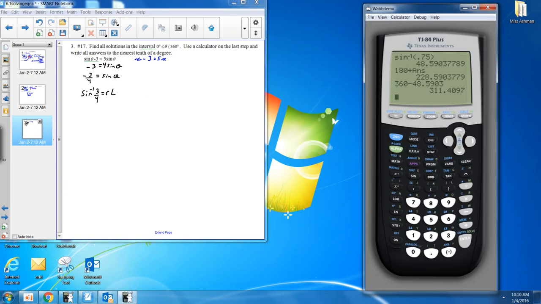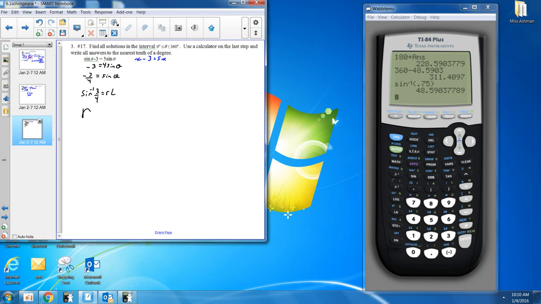Very important, you're going to be mixing radians and degrees here. You always want to check your mode, get in a habit of continually going to mode, make sure it matches. I'm in degree mode, happy with that. So I want the sine inverse of 0.75 positive, and I'm going to end up with 48.59, which is my reference angle. So reference angle is approximately